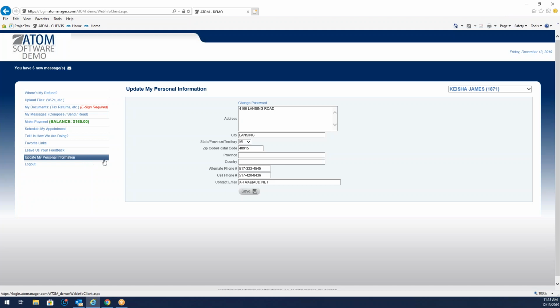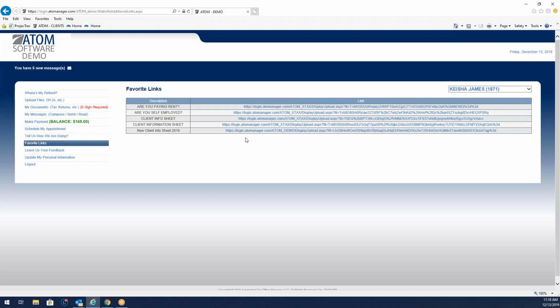So as you can see, if you know anything about Adam, you know Adam is much more than just a CRM, document storage, whatever. It's the whole package, which means part of the package is that you need to generate new business. So Adam helps you generate new business. This is just one of the features, automating gathering online reviews to help you grow your business. Okay, and also they can update their contact information. You can also put favorite links out here too. So you can put some links to your client information sheet, organizers, or where's my refund on the IRS site,